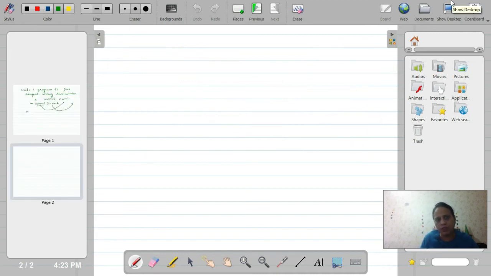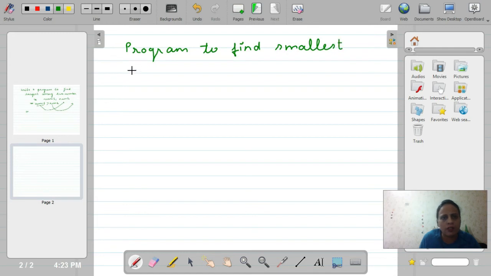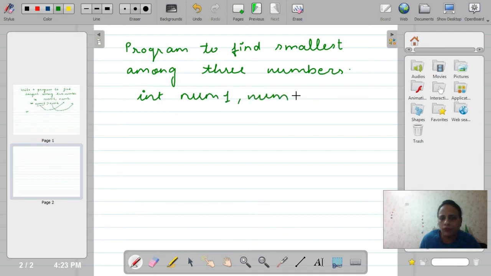So let's say we have three numbers, num1, num2 and num3, and give them some values.